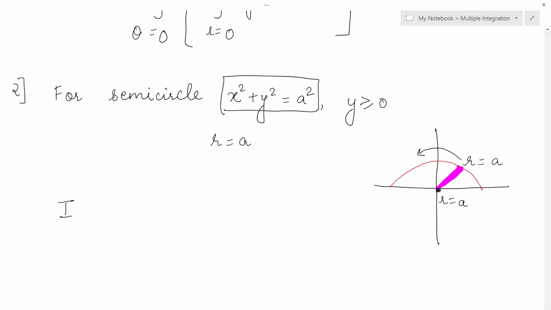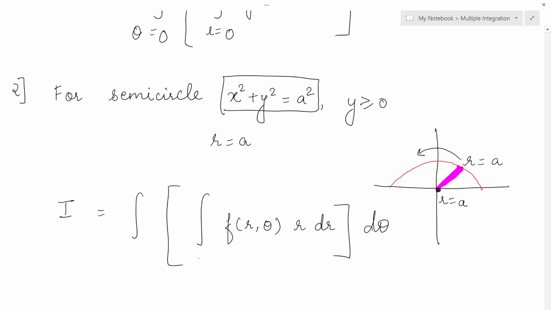So here the limits of integration will be, inner limits are for R as we have seen. So this will be 0 to A. The inner limits will be same, because anyway it is a circle. It may be a semi or a positive quadrant, the inner limits are same. The angle will change. Angle is how much in this? It is 180 degree only. It won't travel for a complete circle. So that is 0 to pi. Okay. So these are the limits for a semicircle.